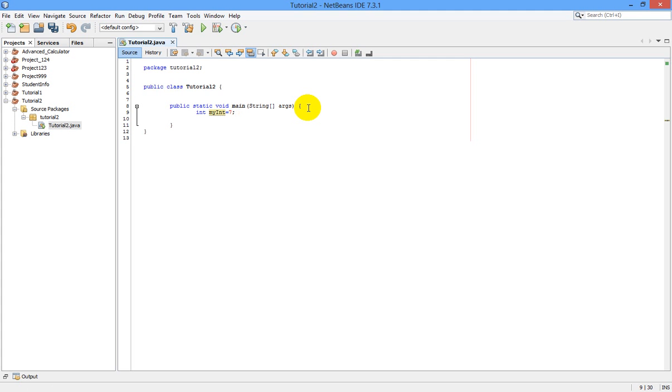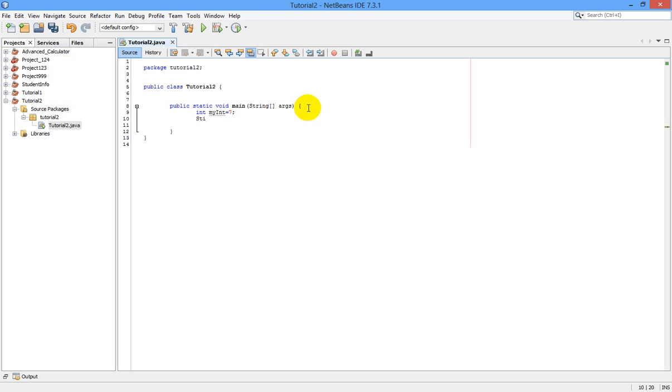And in the same way you can create a string type which can hold text, except that String starts with uppercase S. Because String is not a primitive type, it is actually a class. I call this one text, for example, it could be anything, and I set it equal to some text.